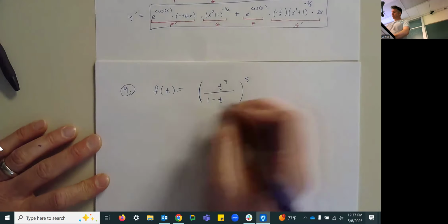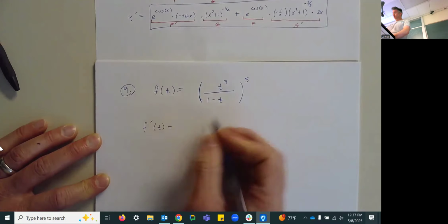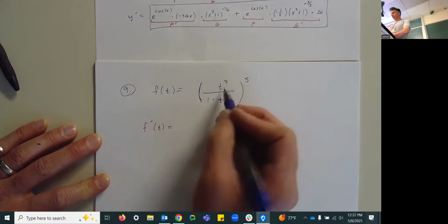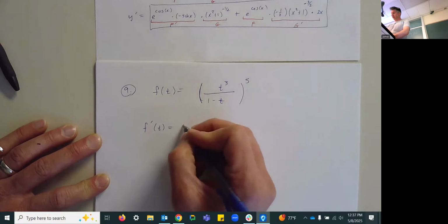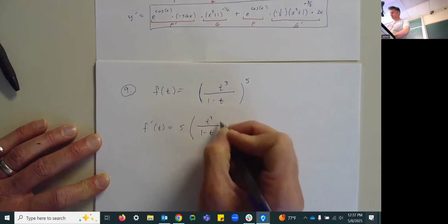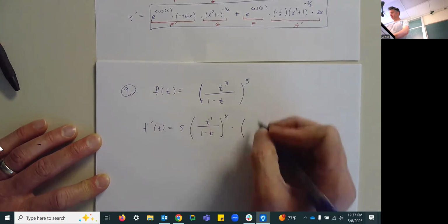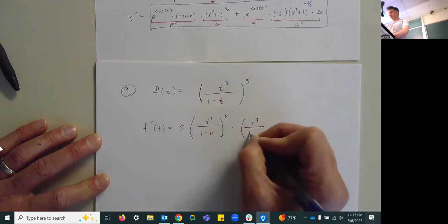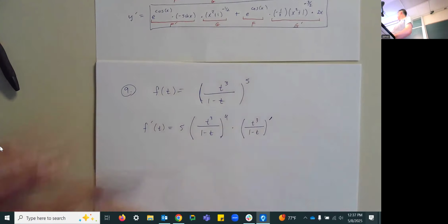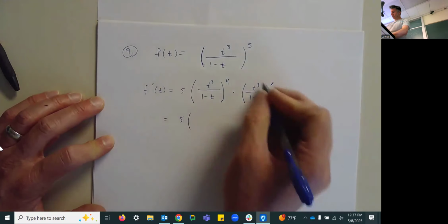So we're going to start taking the derivative as, so I've got some stuff to the 5th. That's going to be 5 times my stuff to the 4th power. And then at this point, I might just write times the derivative of the inside stuff, just to save myself some mental energy there for a second. And now I'm ready to go on and say, okay, now let's finish it by actually taking the derivative of